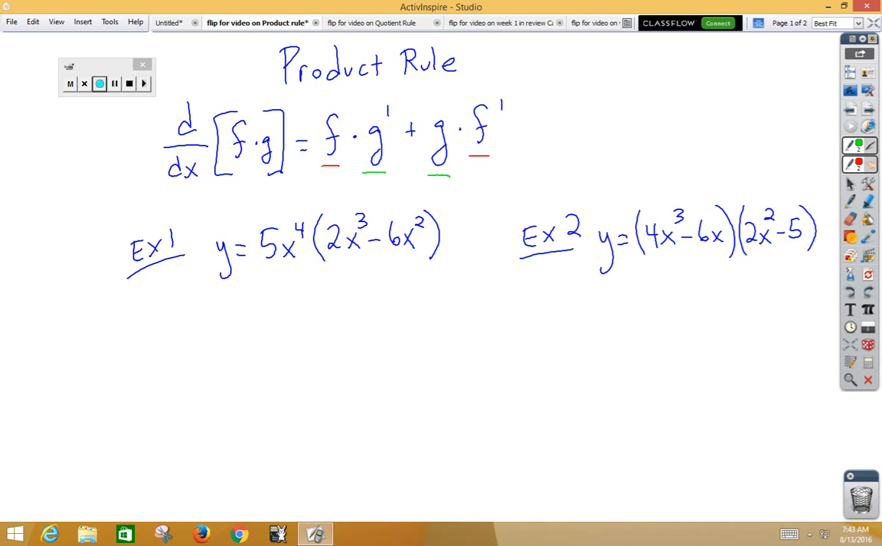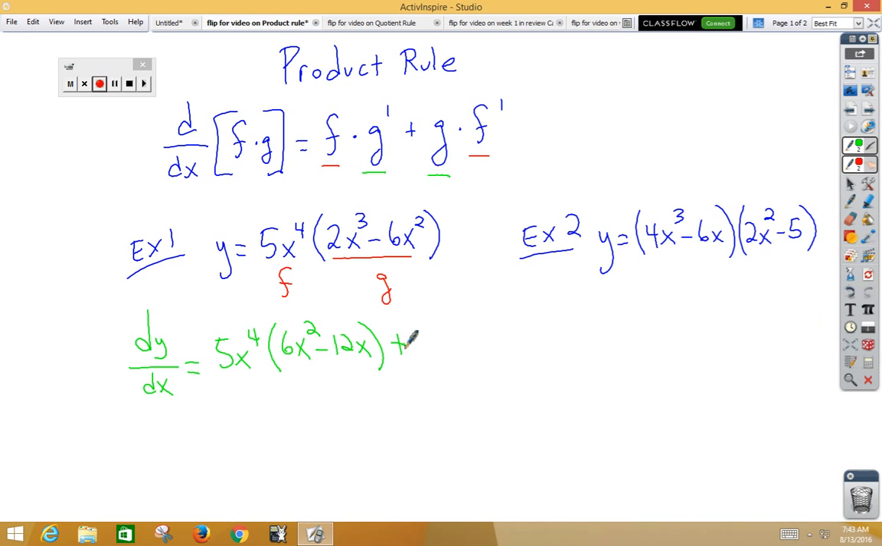So in our first example, 5x to the fourth would be considered f. 2x cubed minus 6x squared would be considered g. So the derivative, dy dx, is equal to, we're going to follow the rule and copy f first, so 5x to the fourth. Now we're going to multiply that by the derivative of g, which would be 6x squared minus 12x, plus,